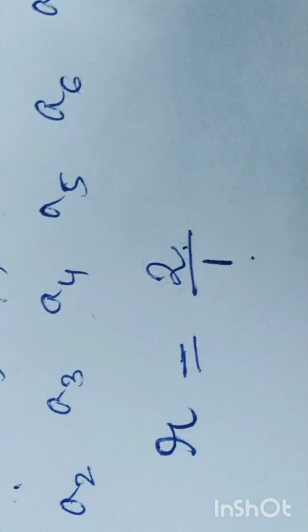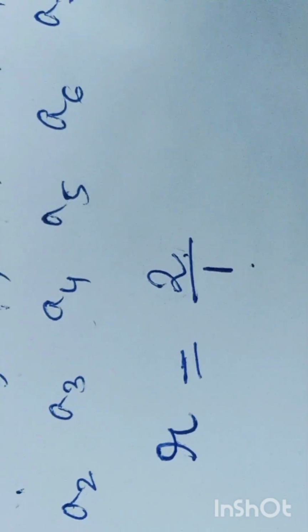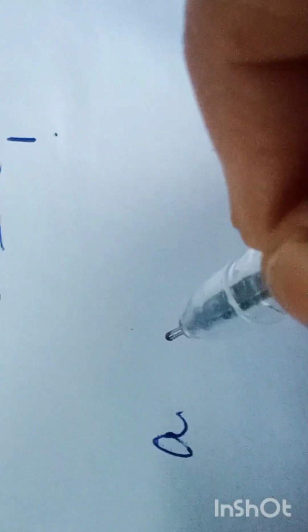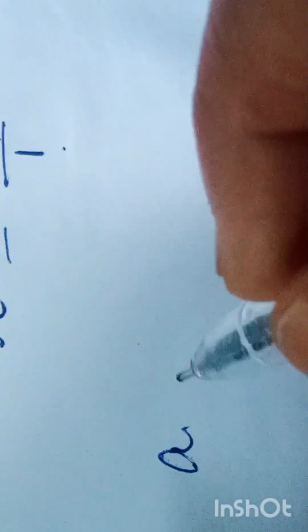So it is named as geometric progression. So this geometric progression can be generalized, a geometric progression can be written in general order as: a is